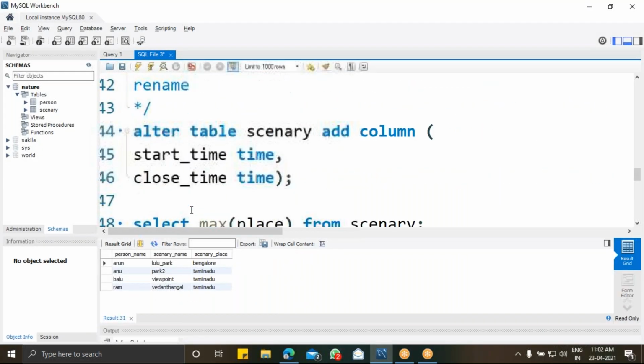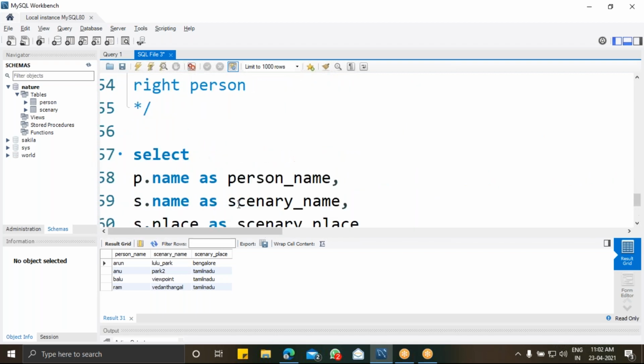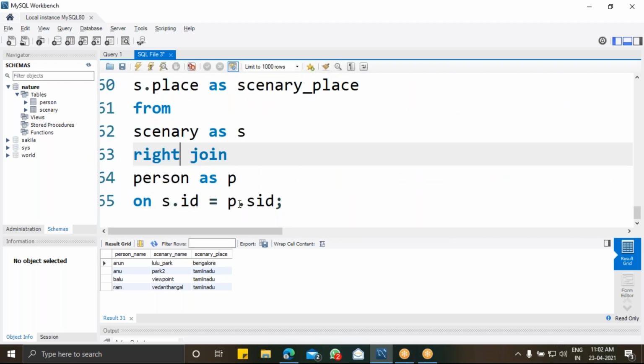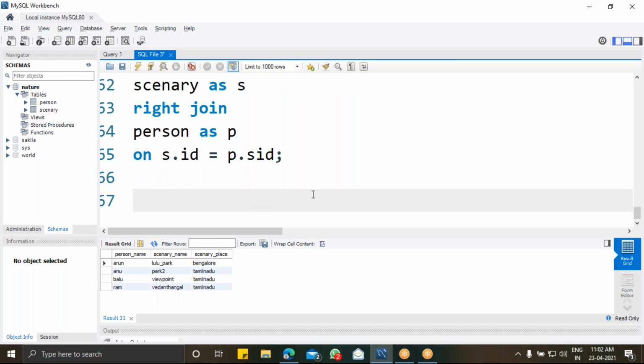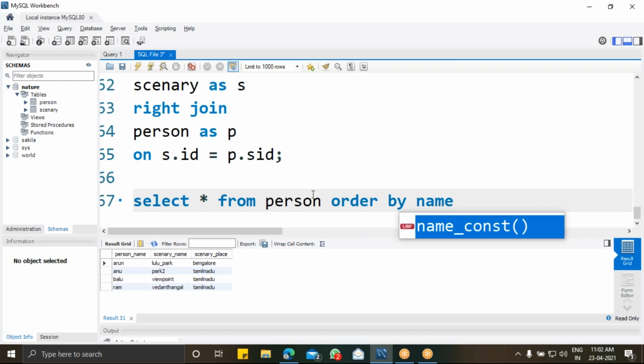For example, I'm going to select the values from my table: select star from person order by name. By default it will always arrange in ascending order.